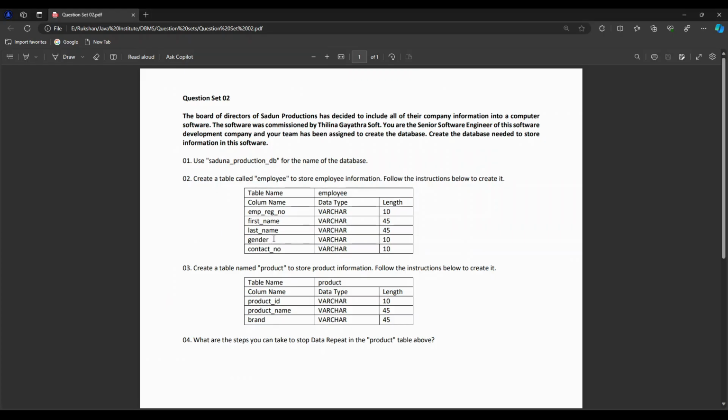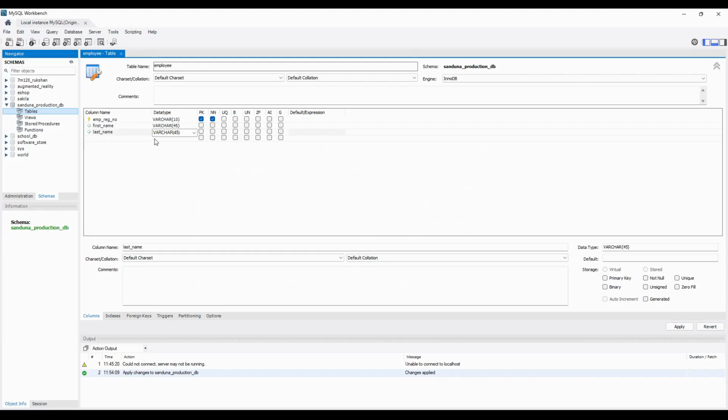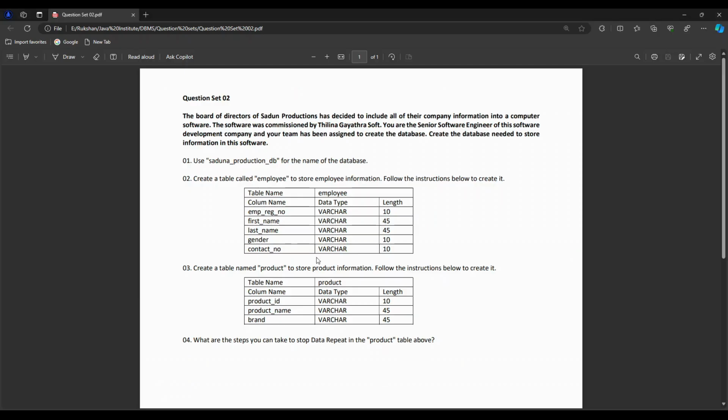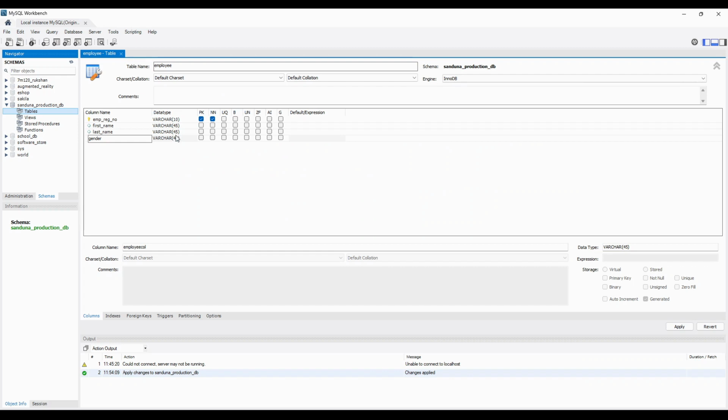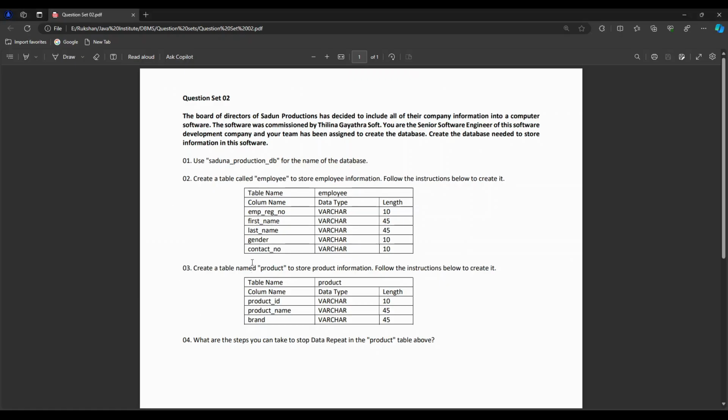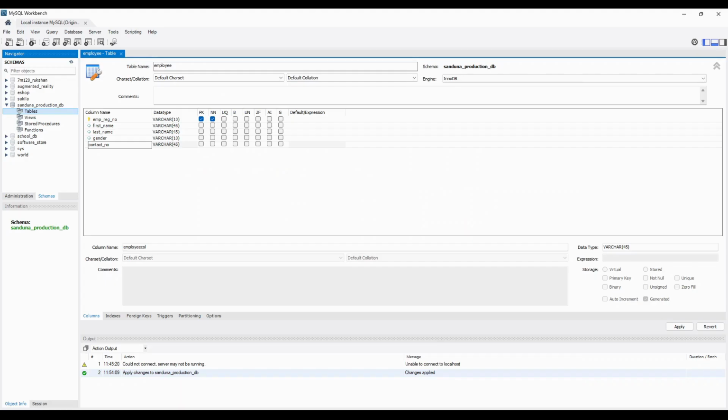And after that I'm going to add gender, and the data length is 10. I'm gonna add that too, and next we have contact number, I think. Yes, it is, and data length is 10. Okay, now